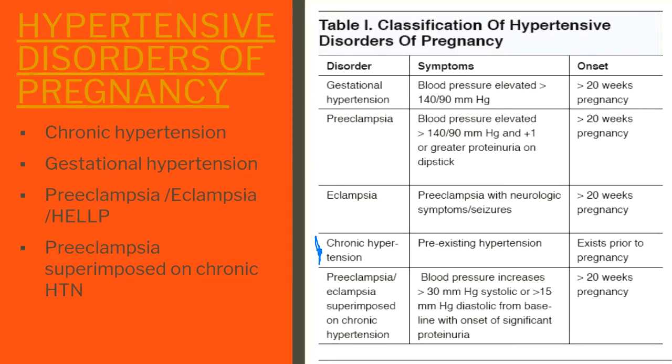Just like with gestational diabetes, something that happens only during pregnancy. So if gestational hypertension only happens during pregnancy, then when she's done being pregnant, her blood pressure should go back to normal. But if it doesn't, then retrospectively I'm saying, no, her blood pressure is still elevated. This woman had high blood pressure before she got pregnant.